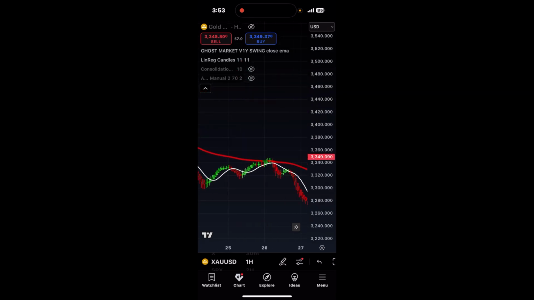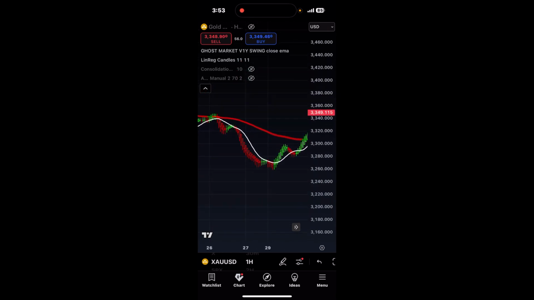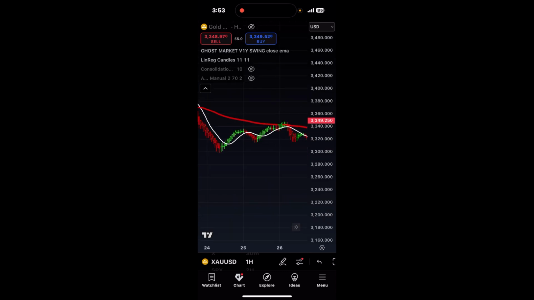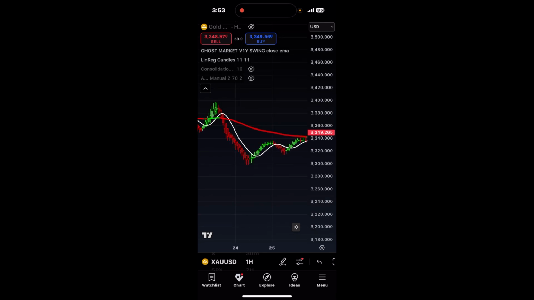You need to use these two, and then you need to look at your plot line. The first entry is it has to cross the 90-95, and then if you miss that, you have to wait for it to pull back a little bit. If you're dealing with an uptrend, it has to pull back, and it has to pass back up through that plot line. If you're dealing with a downtrend,